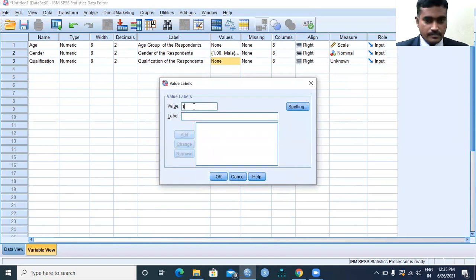So here 1 stands for SSC, 2 stands for inter, 3 stands for undergraduates, 4 stands for postgraduates, and 5 can be any other diploma or something else. If anything is else, just click OK.